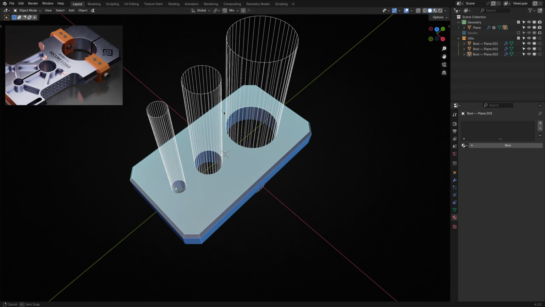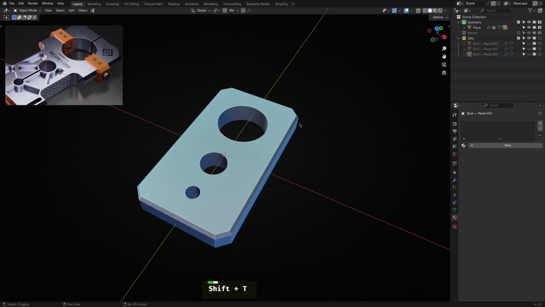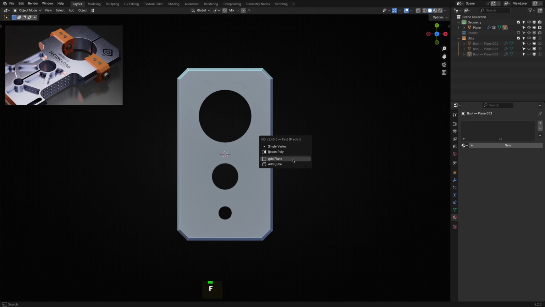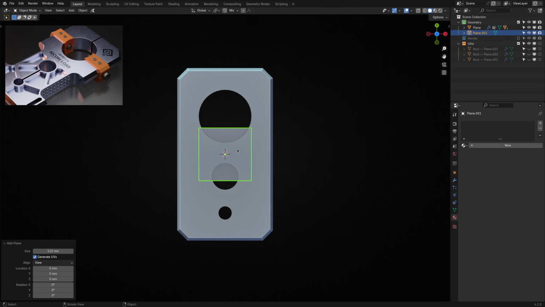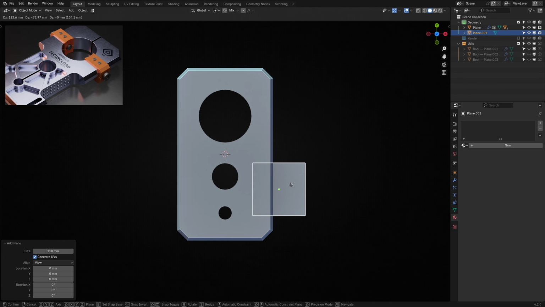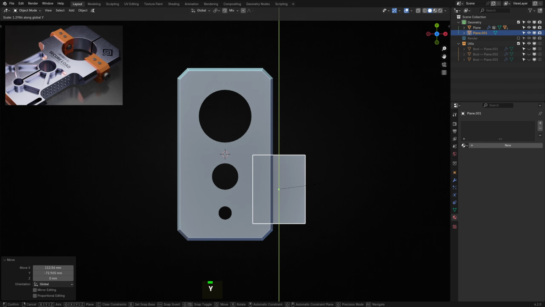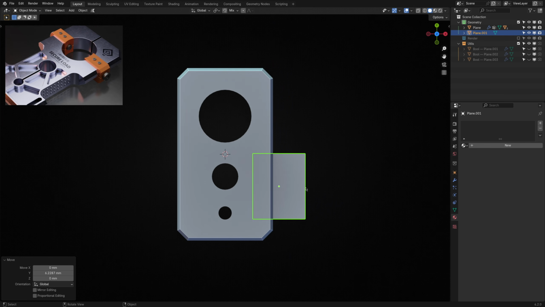Next, let's cut out the two side details of the block. Once again, let's whip out a trusty old plane. Move it to one side and then scale it up a bit on the y-axis. Then, at the risk of sounding repetitive, apply the object scale. You'll be surprised how many times not applying scale and or rotation can bite you in the butt later when you're working non-destructively.